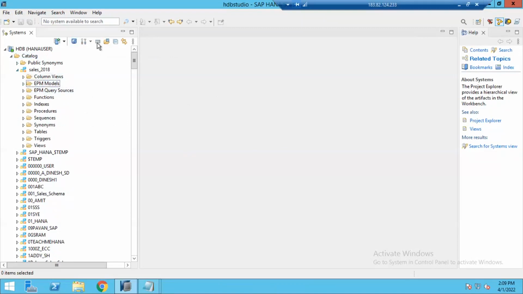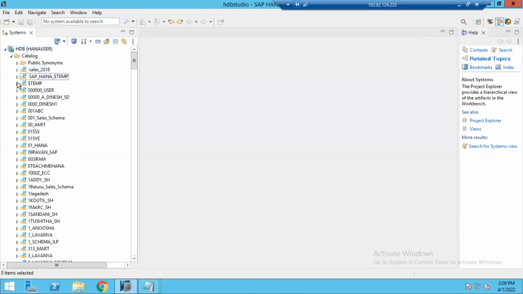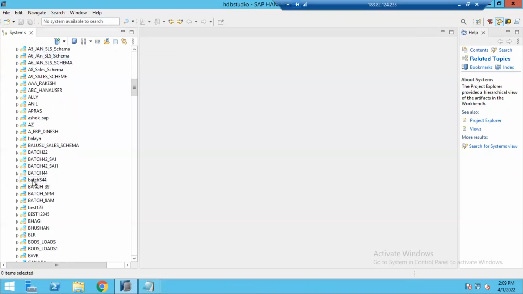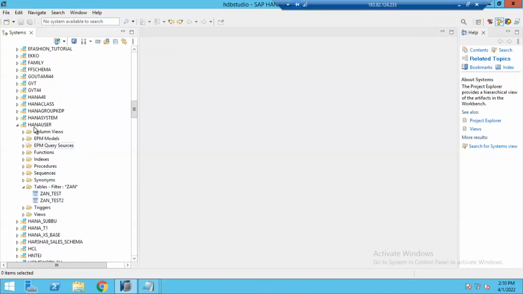So if you want to enable this SQL button, first of all, you need to select either the database or any one schema. Then this button will be enabled. So by seeing it, you shouldn't feel like you don't have access. You just need to put your cursor in the proper place. Now what I am going to do is go to my HANA user and then click on this SQL.